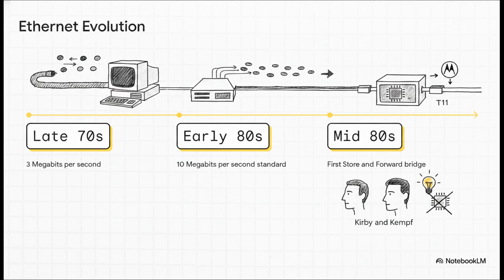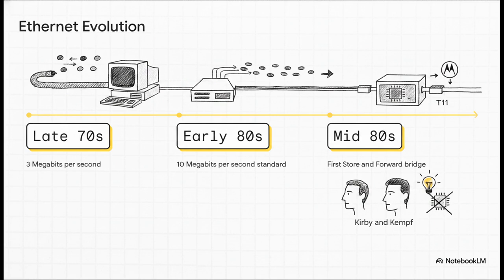To bypass the physical limits of those noisy shared cables, Kirby and Kempf realized they could build a device to store and forward the packets of data. Kempf actually built a prototype of this in under a year using a Motorola 6800 processor. And get this, he had to fiercely defend that specific hardware choice to senior executive Gordon Bell. Kempf had to argue against a super strict company mandate to use DEC's own internal T11 chip. And he actually won the argument simply because the Motorola processor made the internal transfer costs cheaper and actually viable,